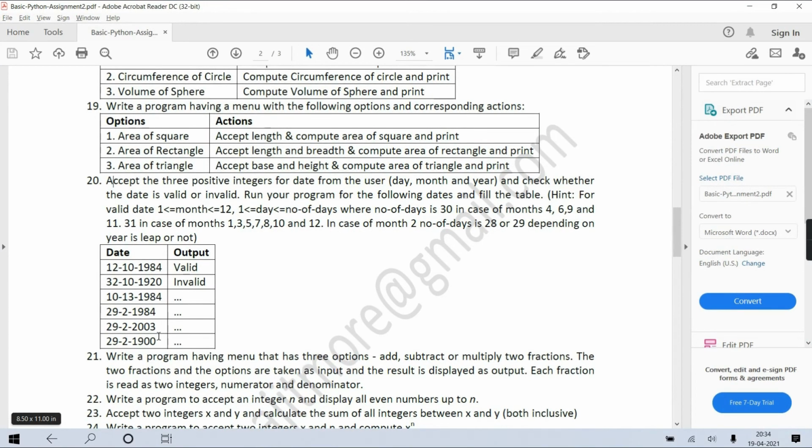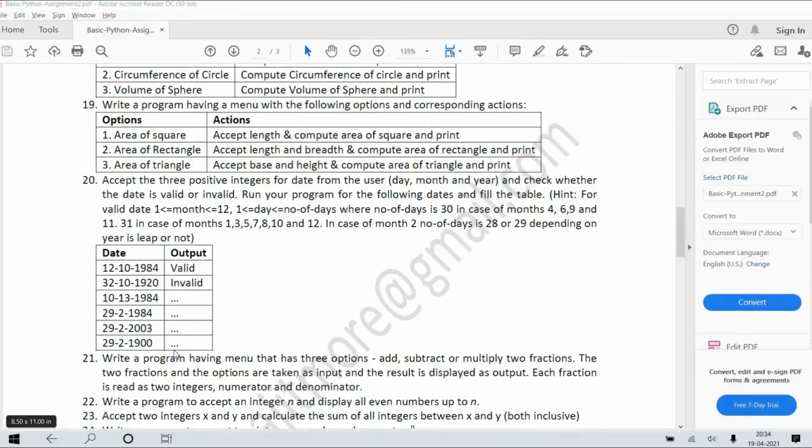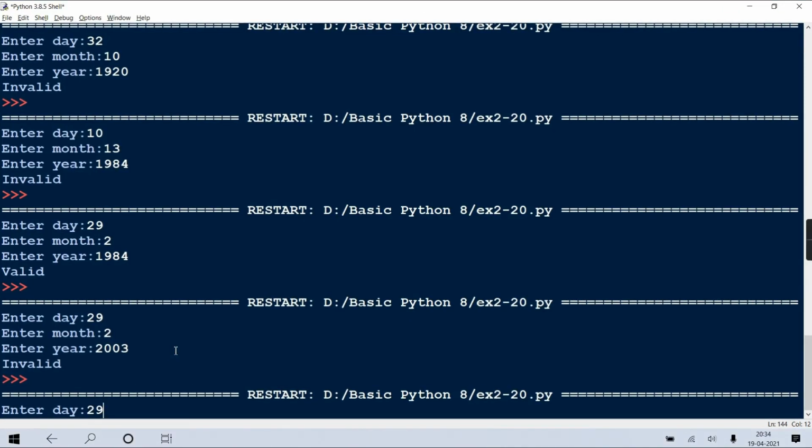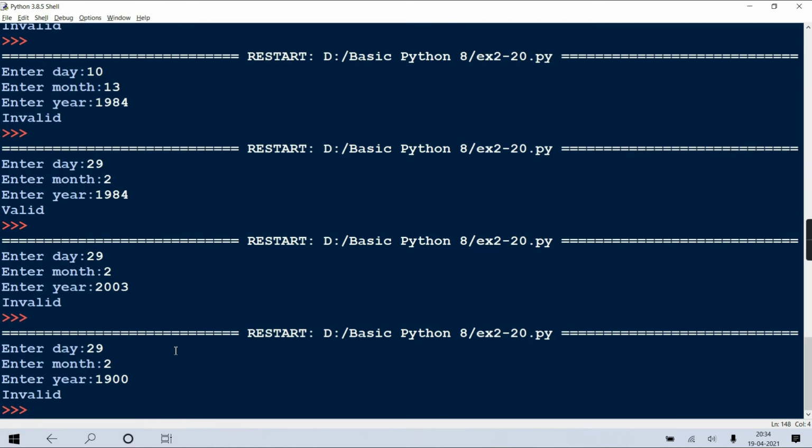It is 29, 2, 1900. This also won't come because 1900 is a leap year or not a leap year? It's not a leap year. Not a leap year. Clear? 29, 2, 1900 is invalid.